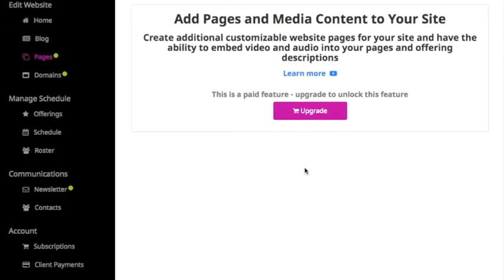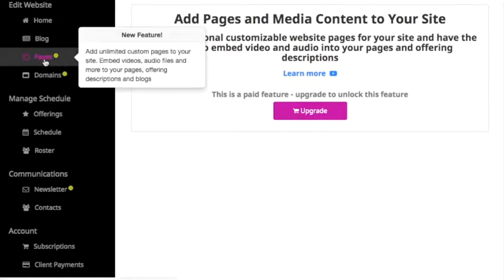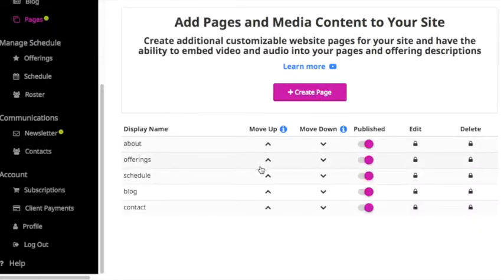Once you've landed on the Pages section, you'll notice that this is a paid feature, so in order to unlock it, you'll first need to upgrade to one of our paid plans. You can do that by clicking on Upgrade and then following the steps that are needed to upgrade your Offering Tree plan. Once you've upgraded your plan, you can then click on Pages again, and you'll see that this feature